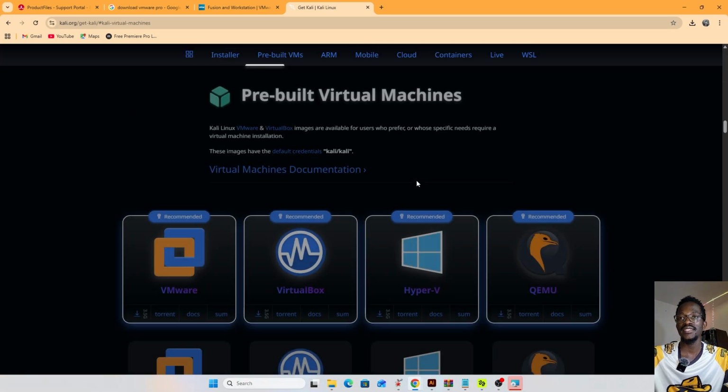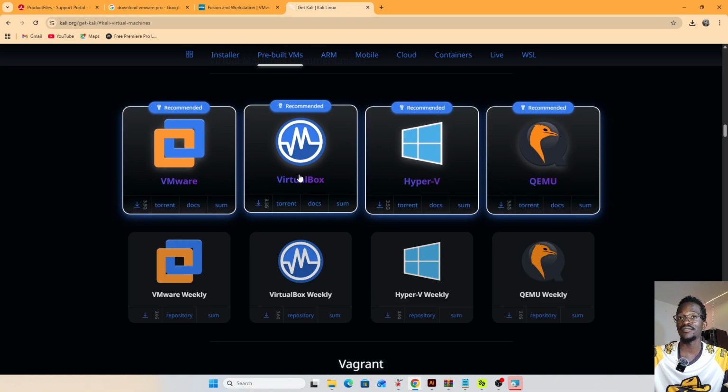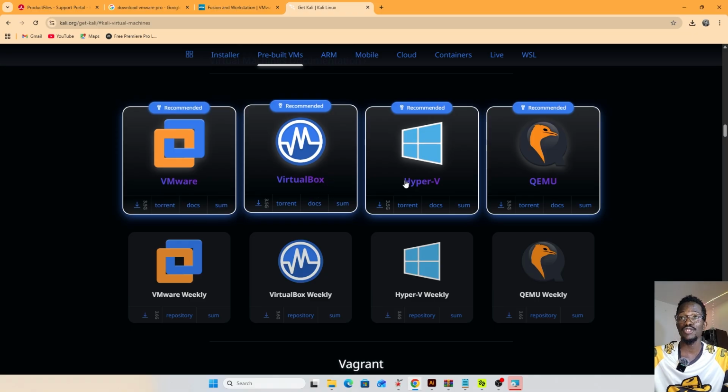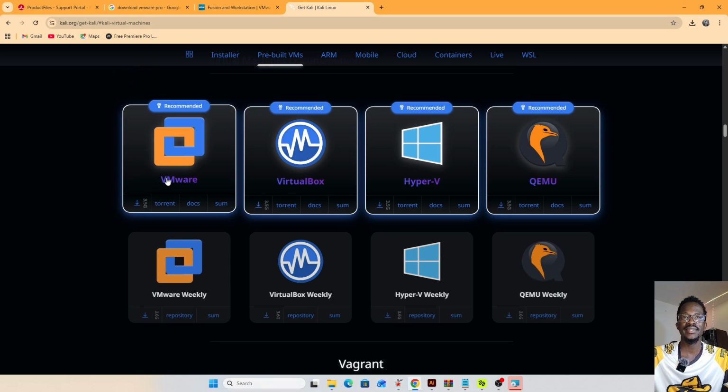So you just click here, and we have a variety of virtual machines that support Linux. We have VMware, VirtualBox, Hyper-V, and QEMU. My option is VMware, but as well you can use VirtualBox, Hyper-V, or QEMU, whichever you feel like. I'll take this first option, the recommended one. The below ones are VMware weekly, but I'll take the recommended one, just like using default settings on a device. So I clicked download, but for the sake of this video to be short,